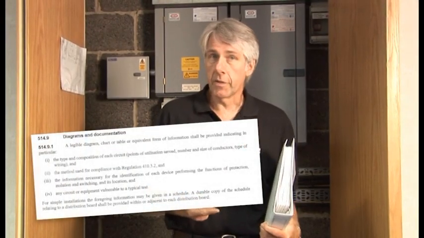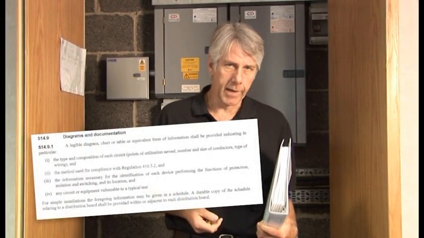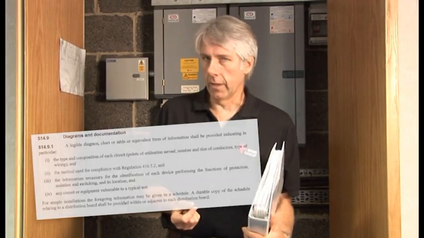Depending on the size and nature of the installation, there are many types of information which may be required. The requirements for diagrams are specified in Regulation 514.9, but this doesn't just mean drawings. It can be a chart, table, or similar form of information. For a domestic installation, a copy of the circuit schedule within or adjacent to the consumer unit would be sufficient. But in an industrial situation, as well as circuit schedules, there may be quite a large dossier, including important information about protective measures,